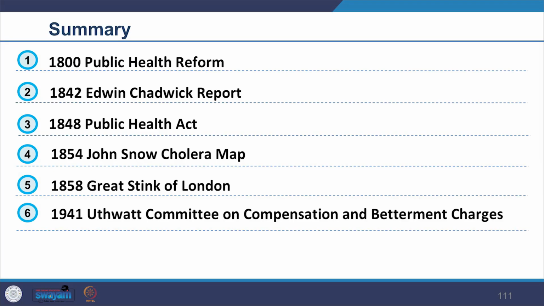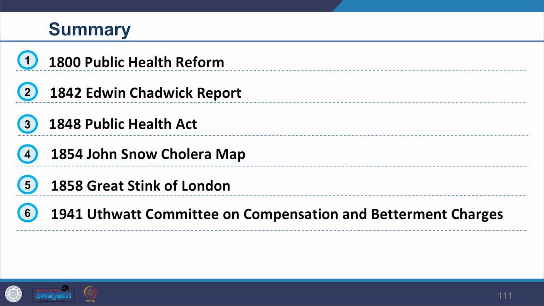We looked at the sequence of key dates and key interventions which took place in the UK, and we saw how it began with looking at what kind of public facilities have to be given, and then how land has to be acquired for that, and how the planning has to be done, and then what kind of compensation has to be given, and further how we need to be flexible, how the structural plan has to be done, and then we came to the understanding of how people have to be involved in the process. So we looked through all these